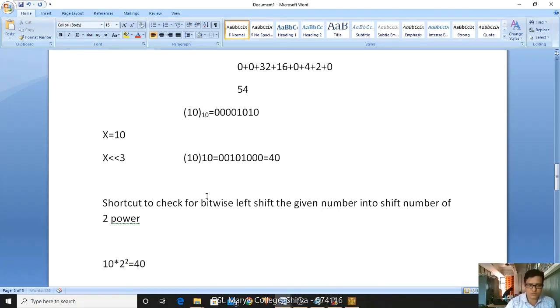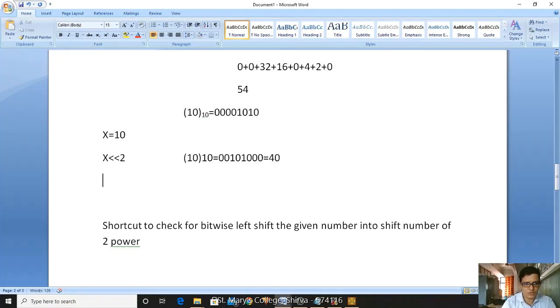Suppose if I made it as a 3. Now let me check. I will remove these 3 bits. If I remove from the left side, what do we have to do? We have to add on the right side. 0 1 0. Here this 0 will go off. Please don't get confused. This is our 2 bit shift, and I'm doing it for 3 bit shift.